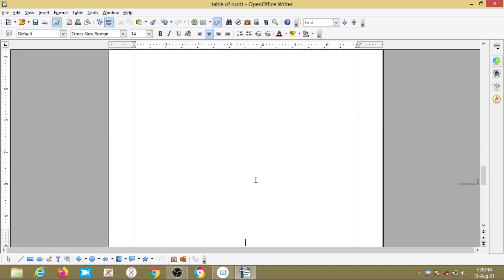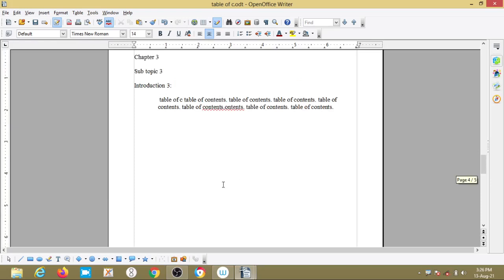So here what I am doing now is creating the index, that means creating a basic table of contents, the index of the book.